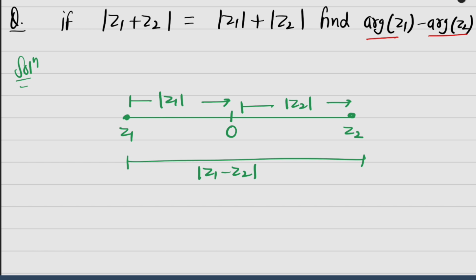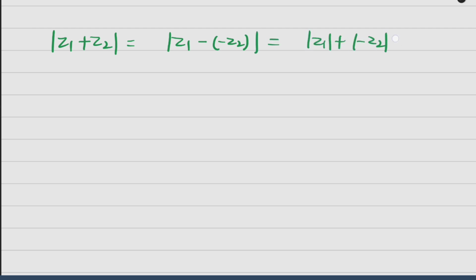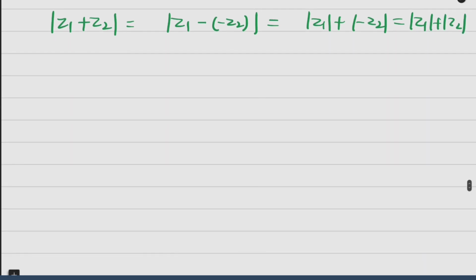So what about z1 plus z2? Okay, so this is not z1 minus z2. So how do I represent this one? Okay, this is not easy like that. If this is z1 minus z2, it will be very easy, because the argument of both the complex numbers should be the same. So the argument of z1 minus z2 will come out to be 0. Okay, so let us draw z1 plus z2 here. I can write z1 plus z2 as z1 minus of minus z2, which is equal to modulus of z1 and minus of z2, which is nothing but modulus of z1 plus modulus of z2. Okay, so if I draw this one on an Argand plane,